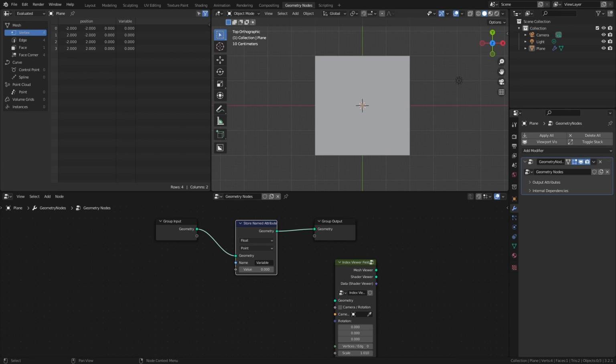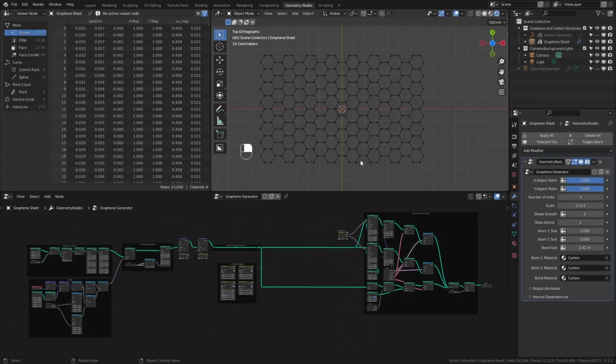atom placement. The finished graphene file and a similar version for nanotubes that I will briefly showcase at the end of this video have been added to the free assets I have on Gumroad, and those are linked in the description. Both are also compatible with the asset library. To start, we're going to walk through how I've made a sheet of graphene with selections that limit it to a square or rectangle. If you want to skip ahead to the explanation of custom variables, this is a good